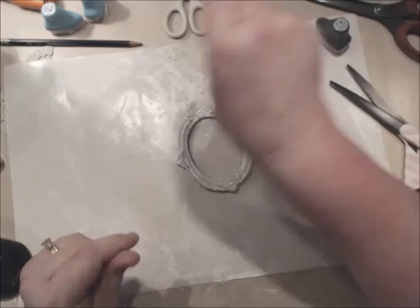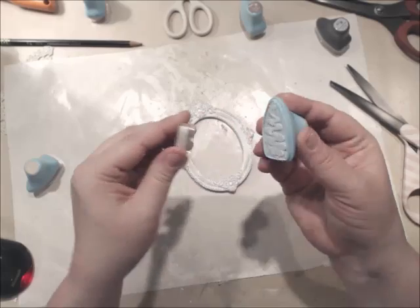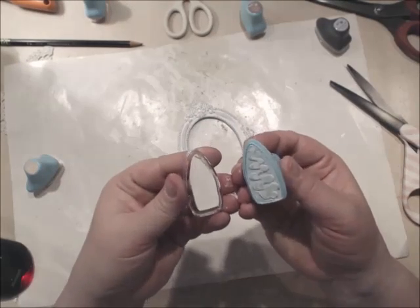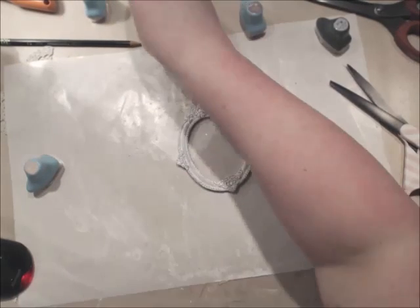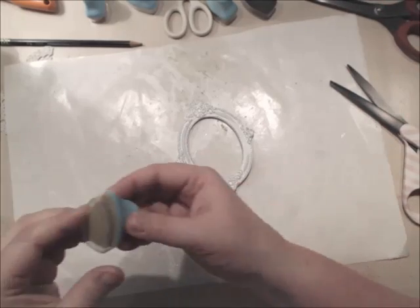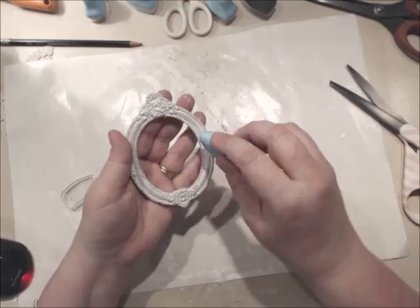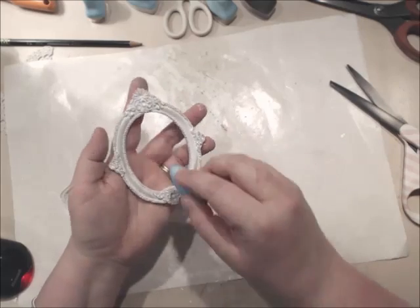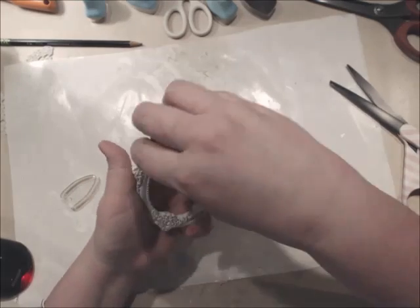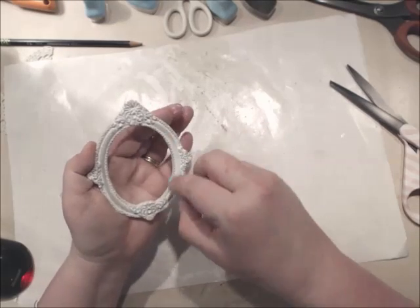And then I'm going to go back in with the white one. Well, no, I'm not. Well, that just came unglued, didn't it? Well, gotta fix that. Let's use a little bit of Shabby Tote. Yeah, I like that better anyway. It's kind of like a khaki color,